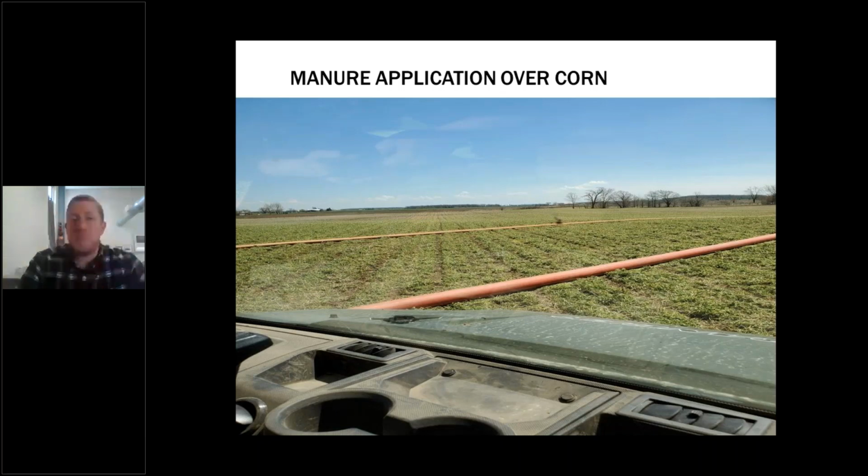So we do plan on doing more of that. We really liked how it worked. We have manure going out in spring. We got a no-till field. It's soaked in perfectly. Maybe not all years are going to end up working this nice, but for the future, if we have a hay field coming out with corn going into it, that is what we plan on doing. So now 2021,